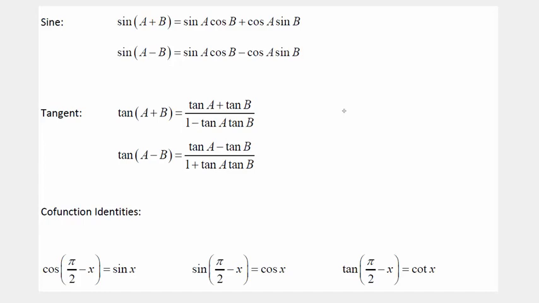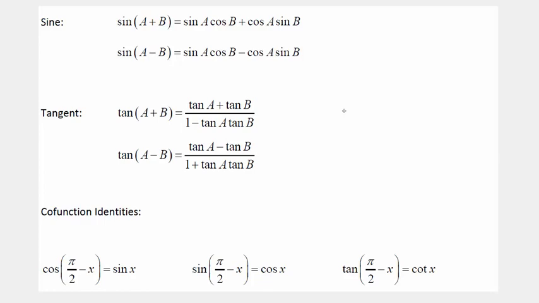What you're looking at here is part of a sheet that's posted in D2L with these identities on it. In fact, we looked at the first part of it with cosine on it previously. This is the latter part of it, and all of these identities are those which are covered in section 4.3. We'll focus on these for this video. Now, of course, I want to point out some of the helpful tricks with these identities just to help us